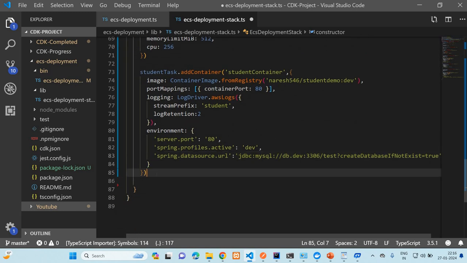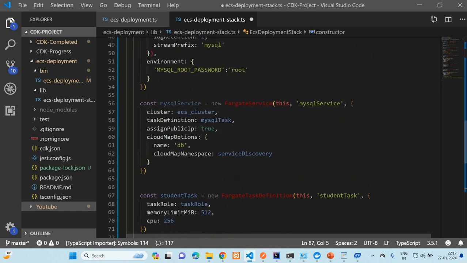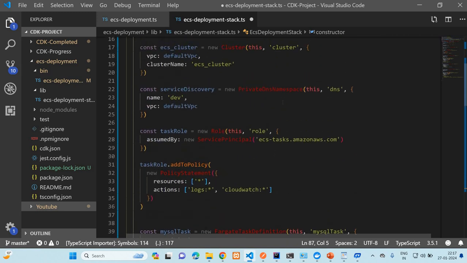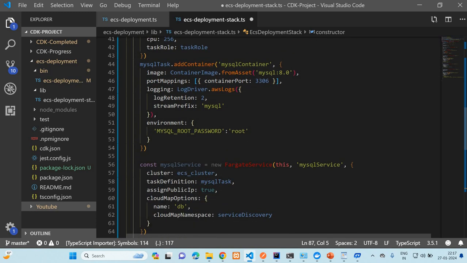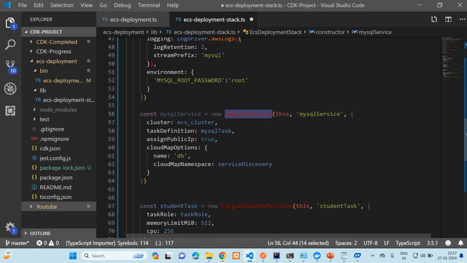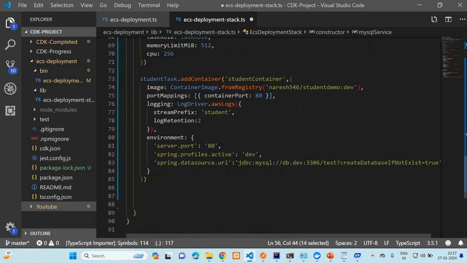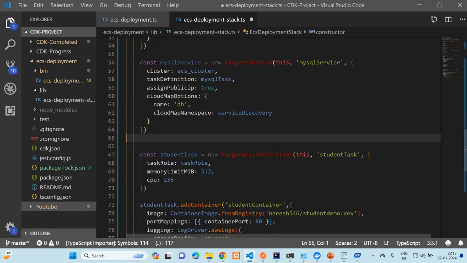And after that we have to create the service, but this time we are not creating the target service, we are creating the application load balancer service. Okay, one more thing is there. We have already created the service for the container. This is the service, but we have not exposed any port. So until we expose any port, how are we able to communicate to 3306? So we have to expose the port. So the MySQL service we can expose